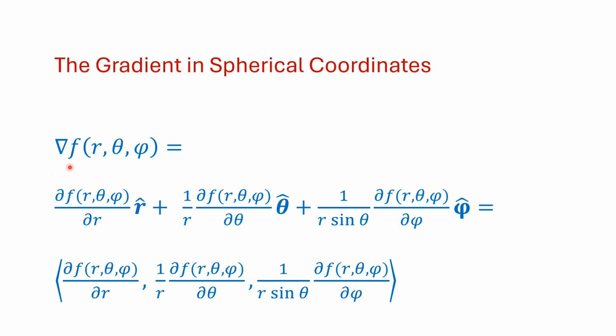So del of f of r, theta, phi is going to be the partial of f with respect to r, plus 1 over r times the partial of f with respect to theta, plus 1 over r sine theta times the partial of f with respect to phi. Or in bracket notation,